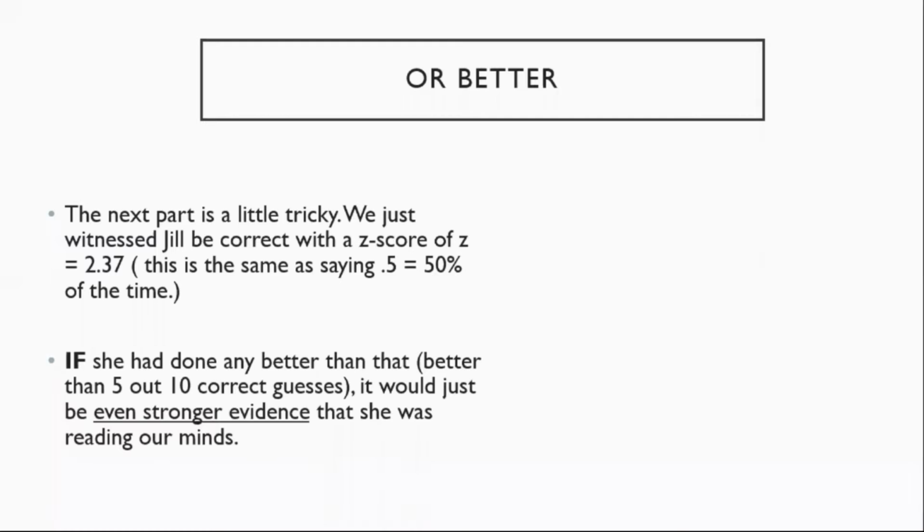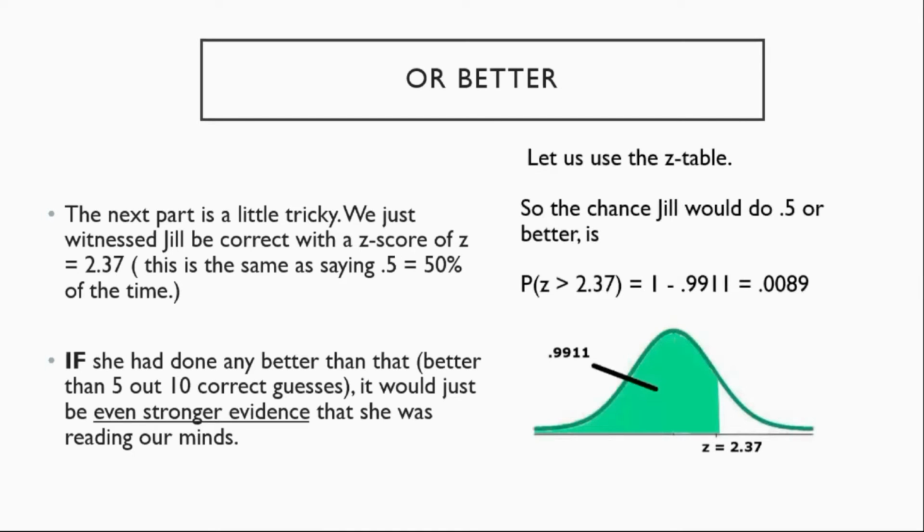The next thing we need to handle is that she got a z-score of 2.37. That is, she got 50% correct. But if she had done any better than that, it would just be even stronger evidence that she was reading our minds, right? If she'd gotten 60, 70, 80% correct. So this means that we actually want, in terms of our normal curve, to shade everything to the right of